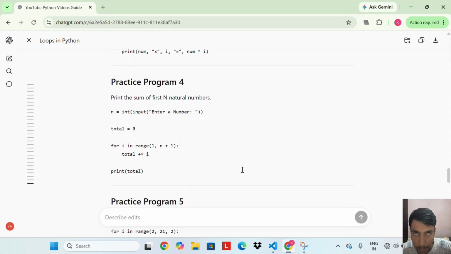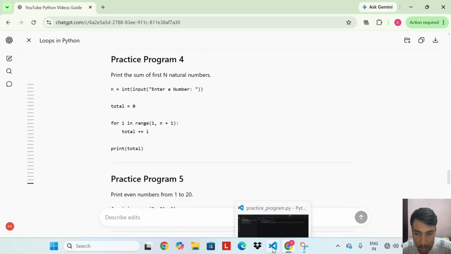Practice program 4. Print the sum of first n natural numbers. Let's run this code.